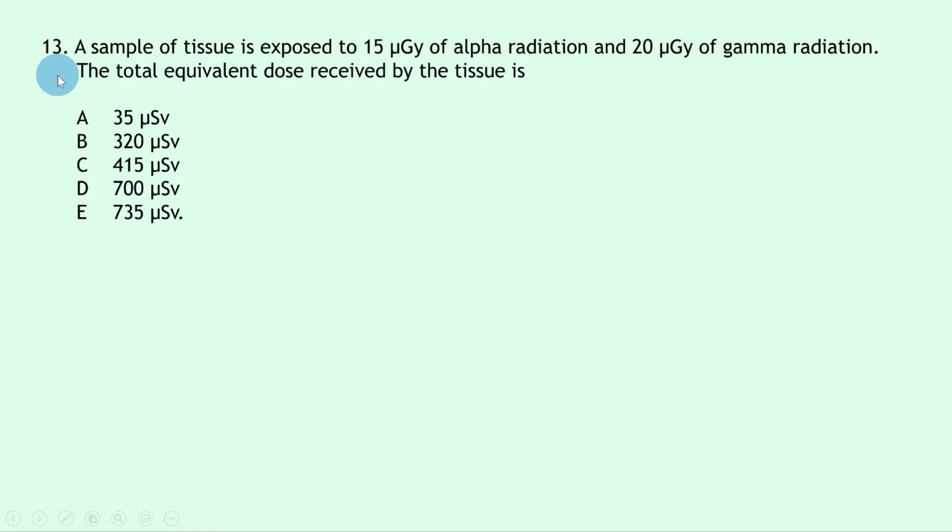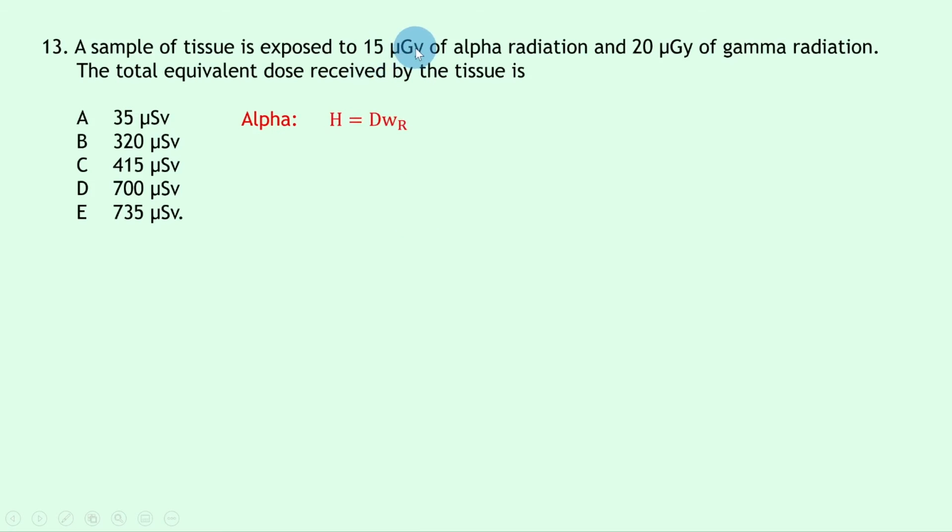Moving on to question 13, it says a sample of tissue is exposed to 15 micrograys of alpha radiation and 20 micrograys of gamma radiation. The total equivalent dose received by the tissue is. Well, to find the total equivalent dose, we want to do 2 separate equivalent dose calculations and then add them together. So for the alpha radiation, first of all, we have H equals dWr, our equivalent dose equation, where we